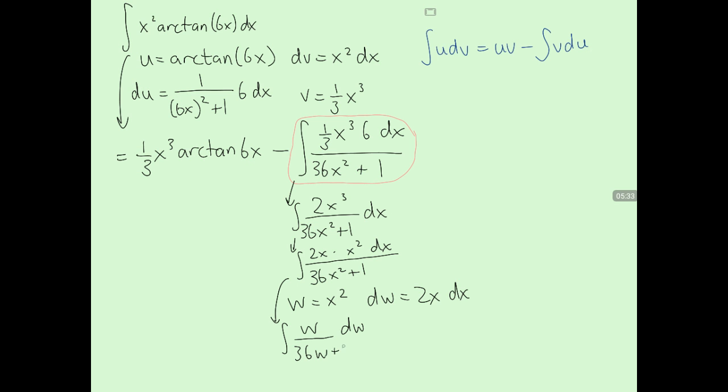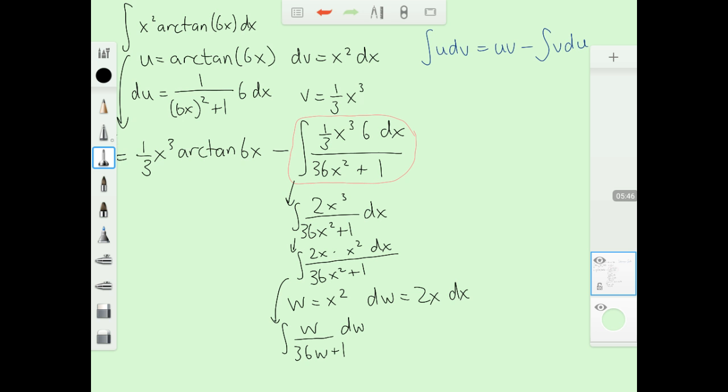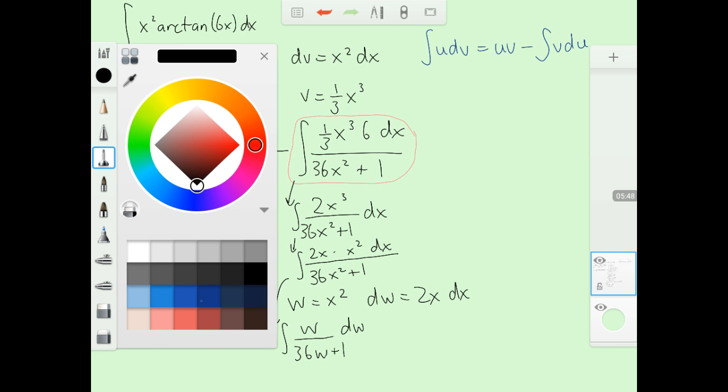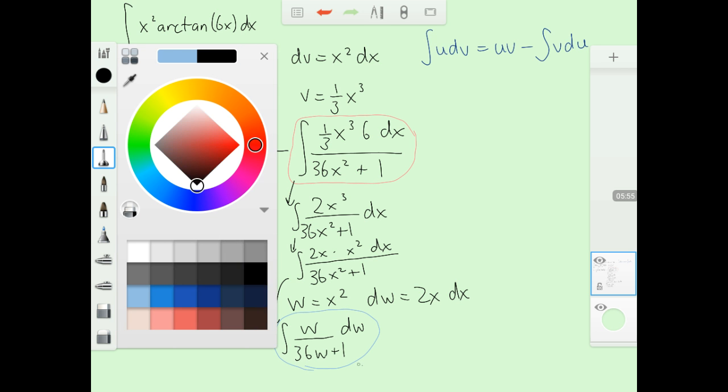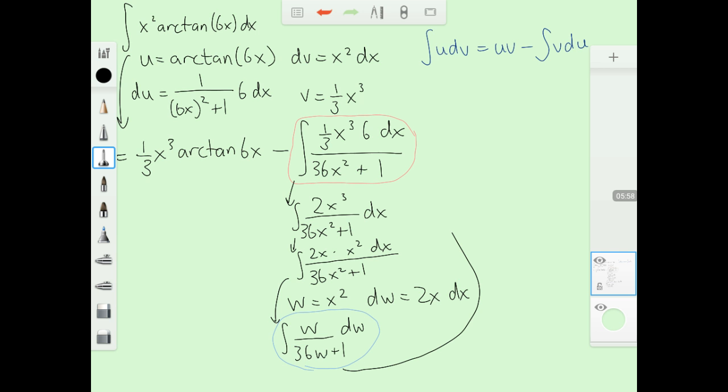36w plus 1. So now what we can do is we can try to solve this easier integral. So let's try another substitution. If we're going to do that, we can circle this, and we are going to try to solve this. So we're just going to go up over here. We have the integral of w over 36w plus 1